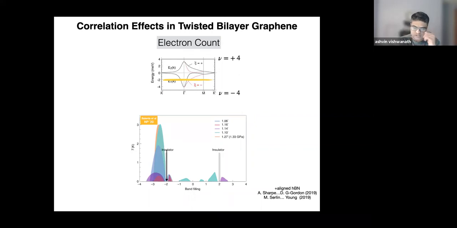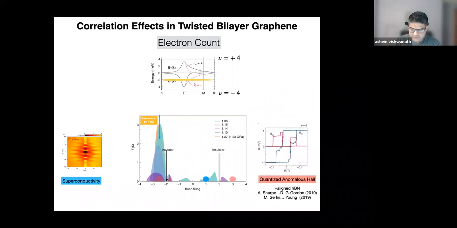Okay, so a lot of people, including ourselves, have focused quite a bit on this nu equal to -2 regime where, as Pablo mentioned, this cascade of transitions allows you to ignore some degrees of freedom. Okay, or at least that's the first approach. You can reduce the number of degrees of freedom in your problem. On the other hand, we also heard about, so this is the superconductor on the left, we also heard about the quantized anomalous Hall effect in the same notation. It's seen at nu equal to 3. That's this experiment over here by Andrea Young and following the experiment in Stanford.